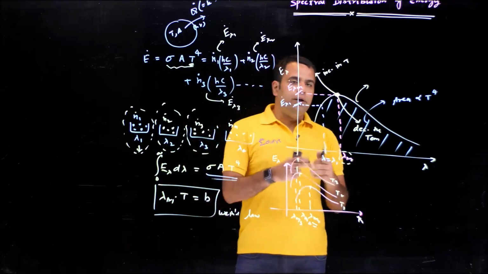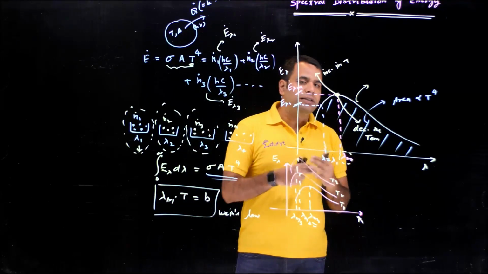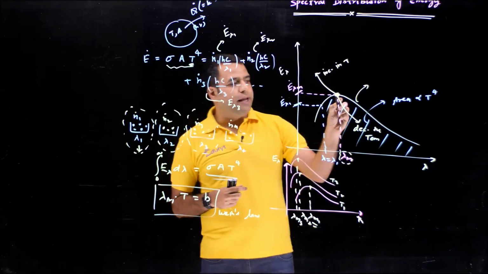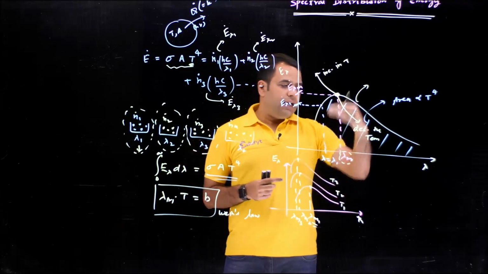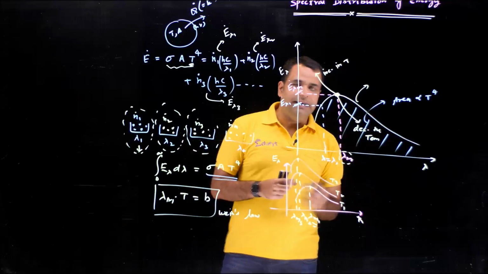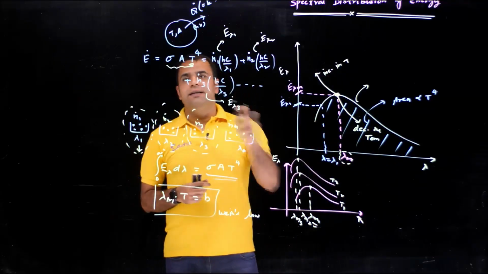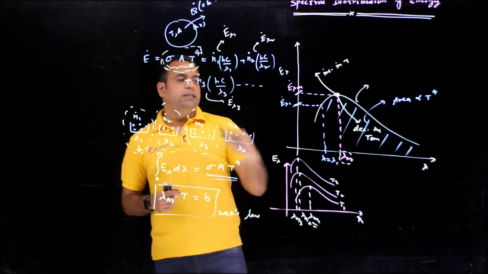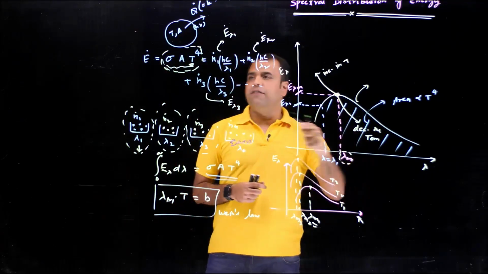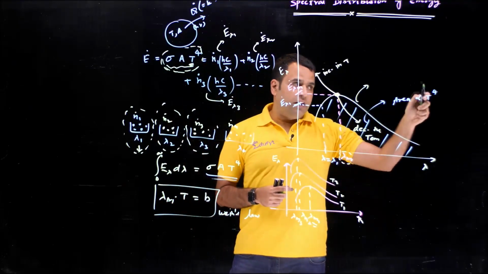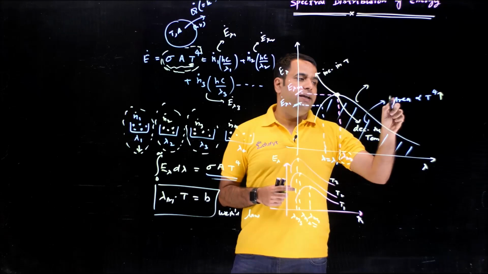Okay. So we wanted to learn about this graph. What will happen with this graph when the temperature is going to change? So in this graph, there are two things. One is this peak and second is the area. Area of the graph represents the total energy from 0 to infinite wavelength. So this value represents the total energy, which is the area under the graph. So area under the graph is proportional to T to the power 4. So if we increase the temperature, obviously area is going to increase,